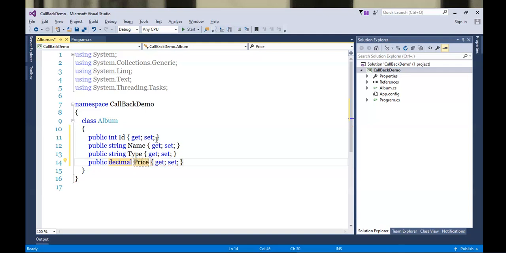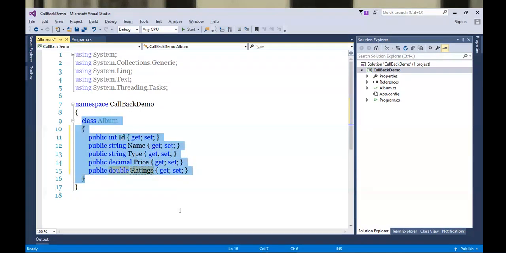And finally, I'll be requiring ratings for that album. So here I took one entity, and for that entity some attributes I chose. Now I'm not specifying attributes directly, I'm using auto implemented properties. So this will be the model class for me. These kind of model classes are used in case of MVC mostly or web APIs.